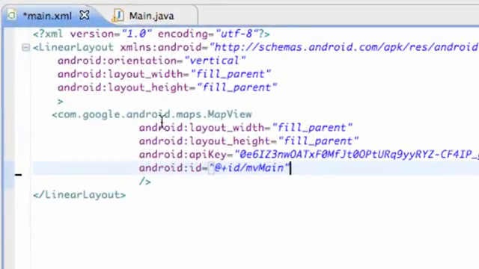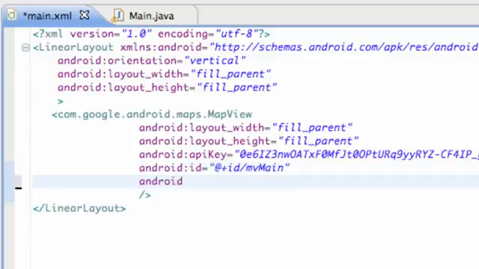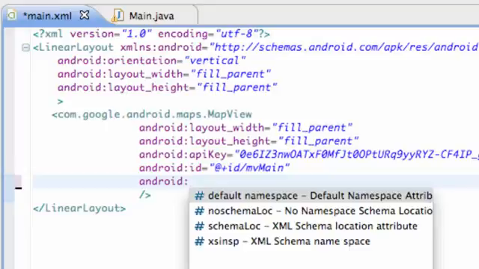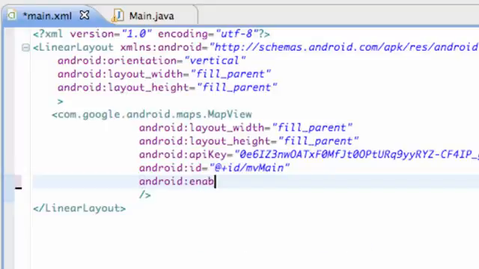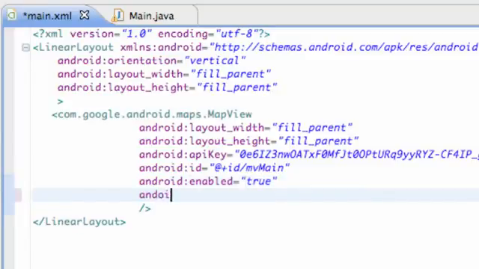So we're going to go into our XML here, and like I said, just 2 quick lines of code is going to free up our map from being locked as is. So we're going to say android:enabled, and we're going to set this equal to true, and now it's going to enable our map. And we also want our map to be clickable, because what we're going to do is we're going to have our map,